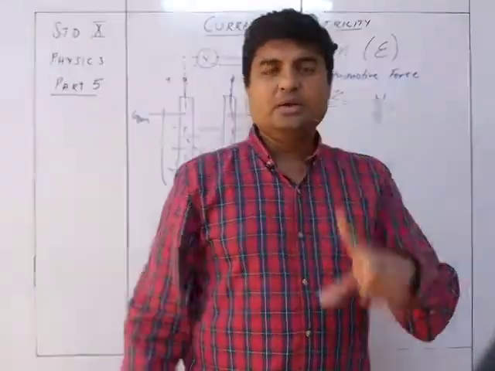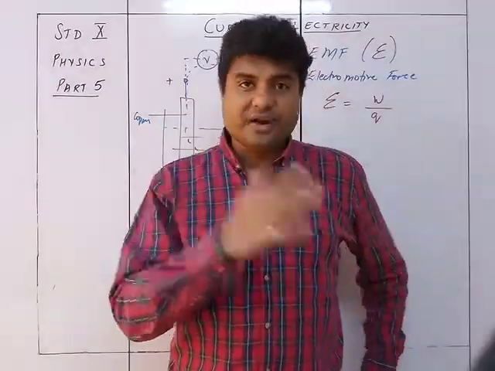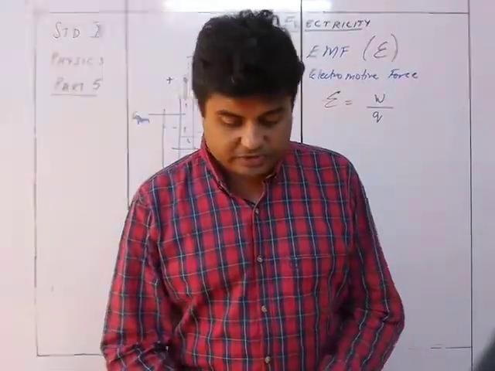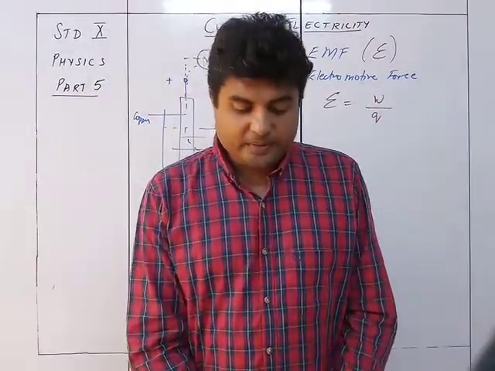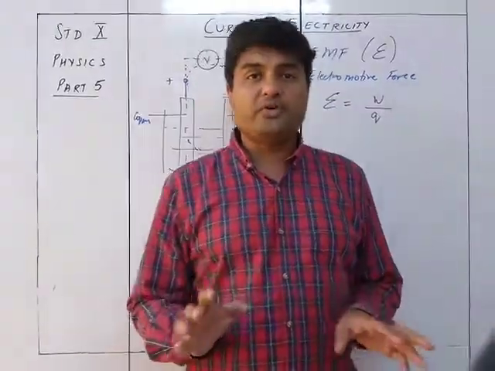Pencil cell वगैरह आता है. That is the dry cell. वैसे voltaic cell and Lagrangian cells are the different kind of cells. इसका EMF will be 1.5 volts. Daniell cell will be 1.08 volts. So that was the EMF, electromotive force.